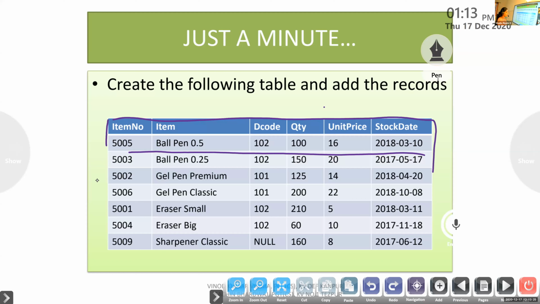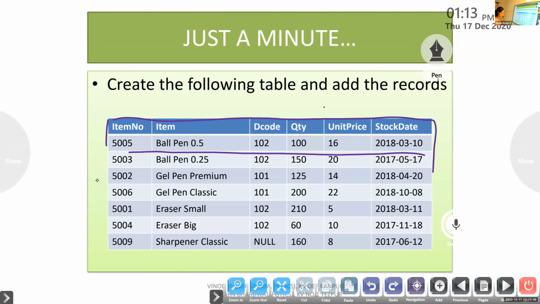First, we should draw this table on paper. Yes, on paper first, only one row of information. After drawing this table, you can write the statement to create the table, the create table command.